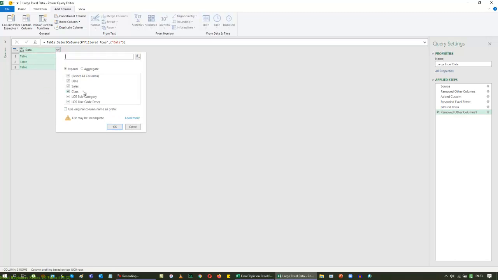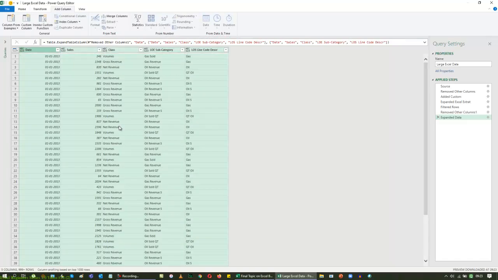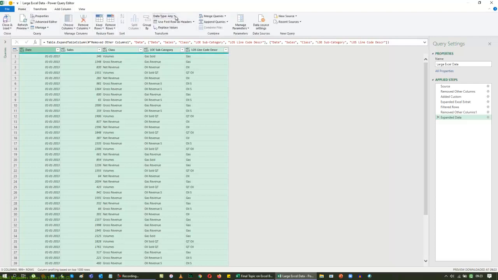So now you can see that I have around 5 columns of data here. When I give an OK, and that data is extracted, I can see the first file, second file and third file come one below the other. Remember, when I do this, I have to convert all this data into a proper data set. So this is where my Home tab comes into play, and you can see that the data types are Any. So we don't know the defined type of the column.